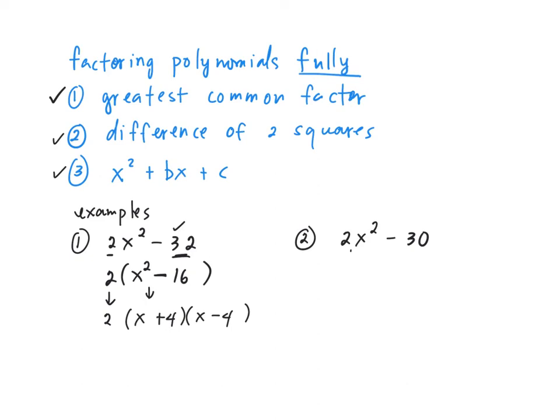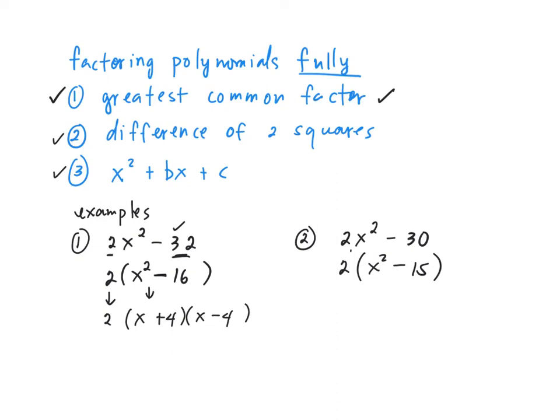Now, what if the polynomial was not 2x squared minus 32, but 2x squared minus 30? Let's see what happens. Again, the first thing that we do is we take out the common factor. So we have done it already in example number 1. So it's just going to be 2 times x squared minus, but in this case, 30 divided by 2 is 15. So we look at the factors 2 and x squared minus 15 and see if any of these two